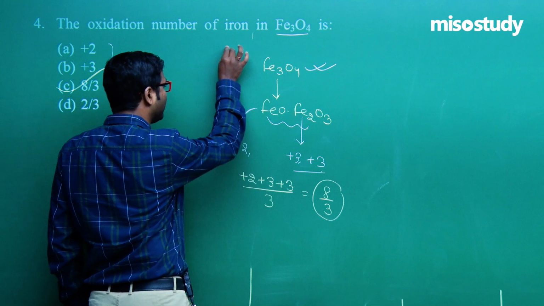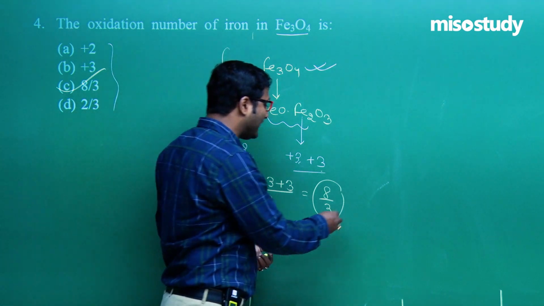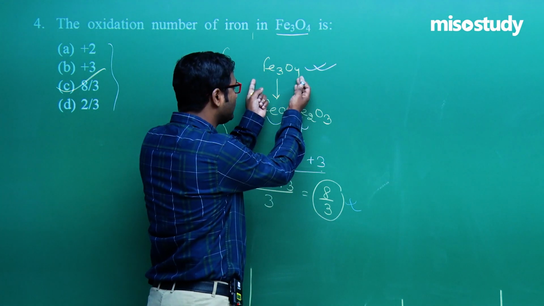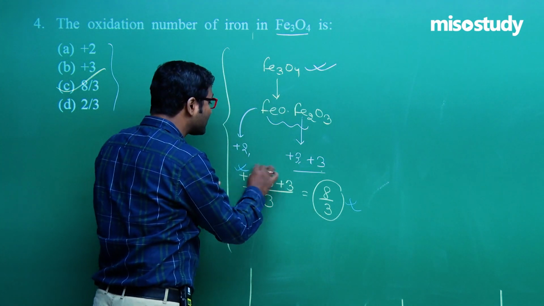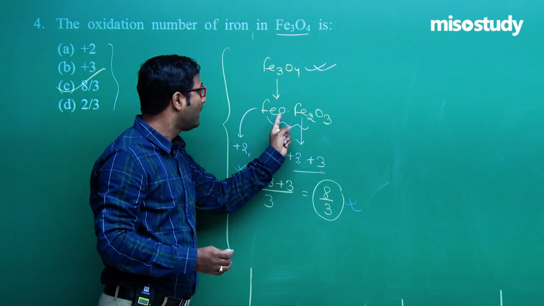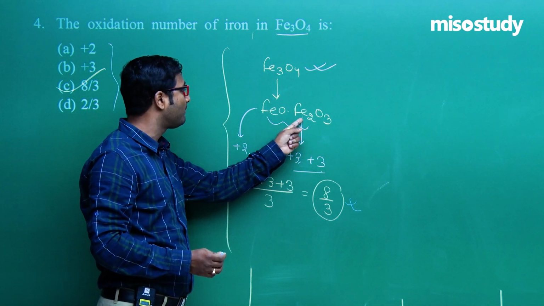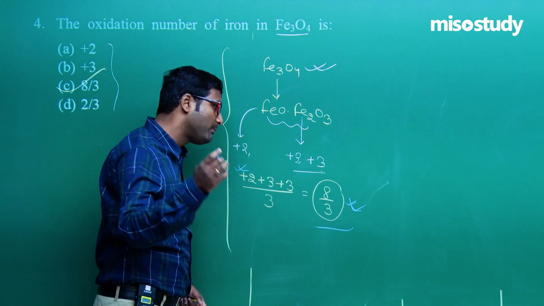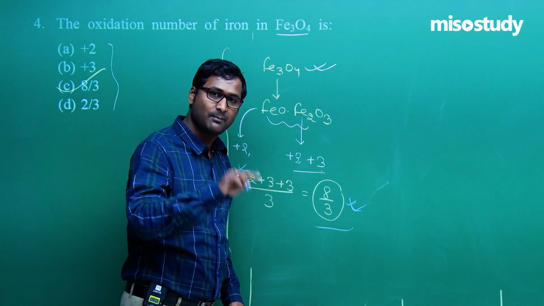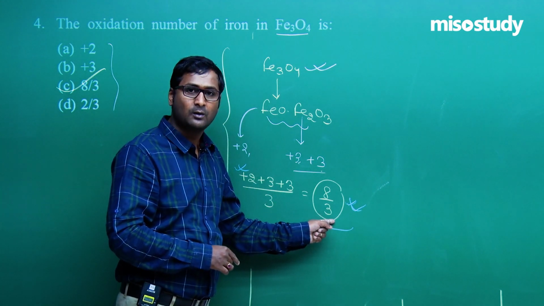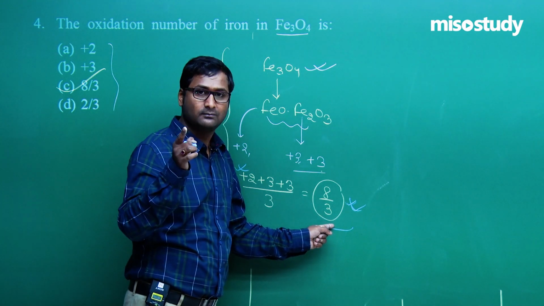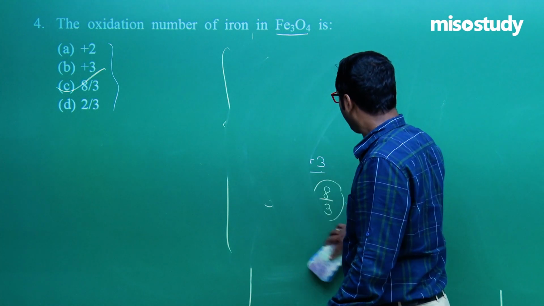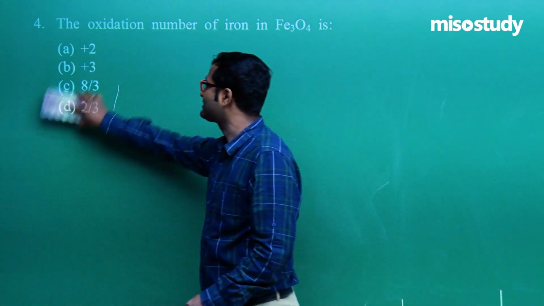This is the proper explanation, because iron cannot have an 8 upon 3 oxidation state. It has the general oxidation states plus 2 and plus 3. But according to the question, we have taken the average of all the oxidation states of iron. Due to this reason, we get the oxidation state in fraction. Clear to you? We know oxidation state may be plus, may be minus, may be fraction, but valency cannot be negative and cannot be fraction. Clear to you? Now I am going to rub this part and we'll move towards the next question.